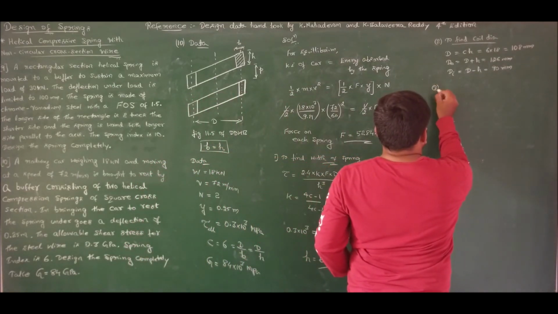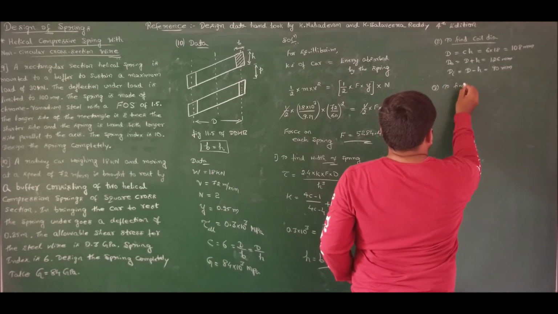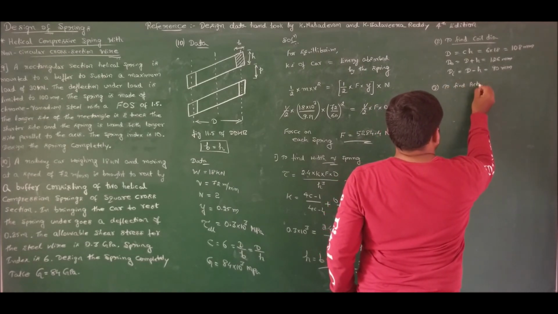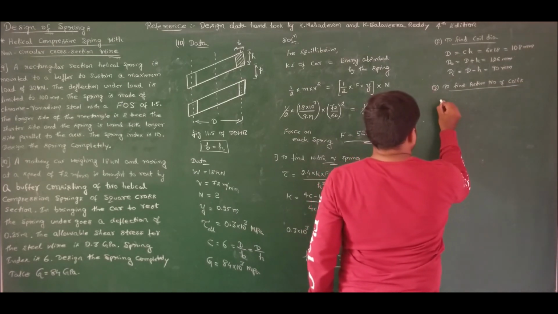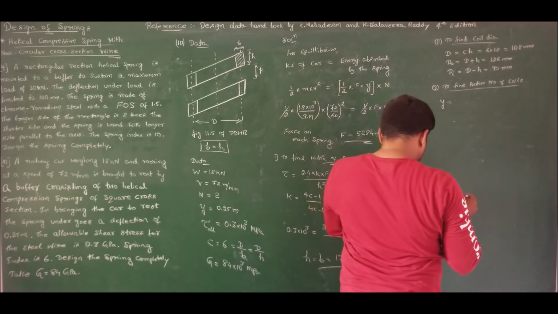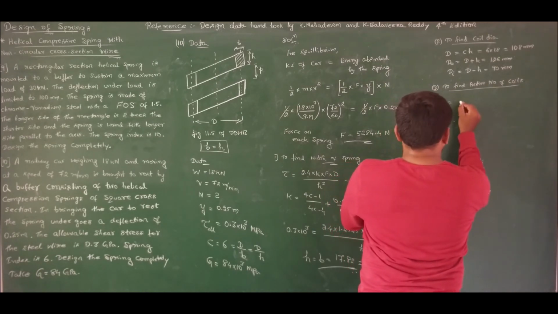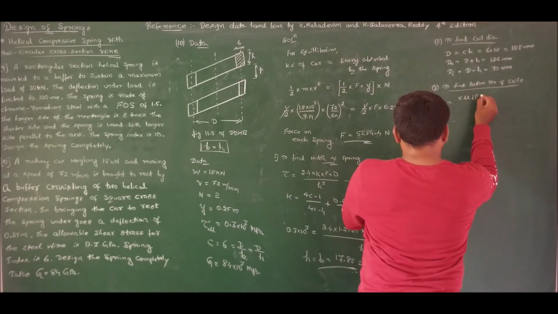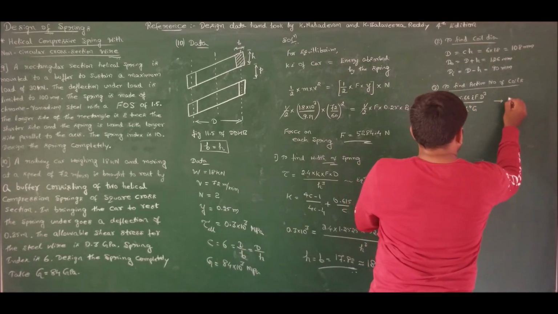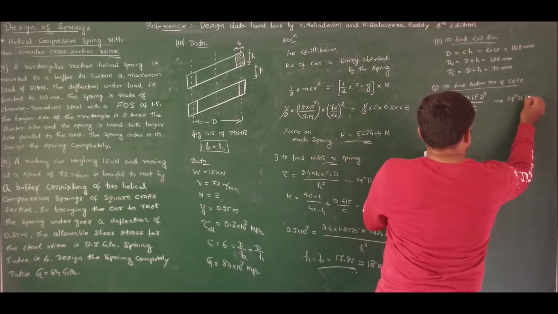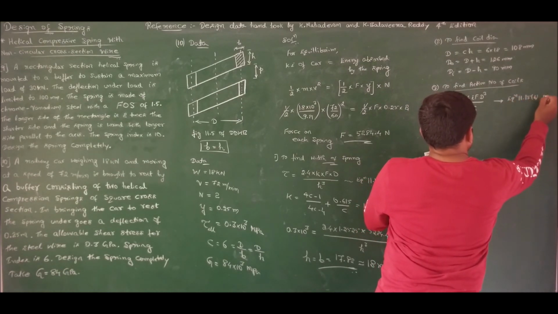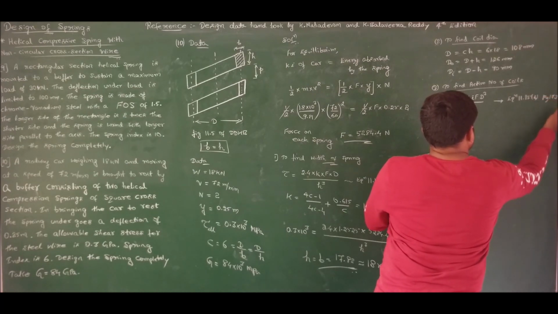Next, moving for step 3, to find active number of coils. To find active number of coils, I should use deflection equation. For square cross section, you should refer equation 11.15b. That is, y is equal to 5.66 I F D Q by H to the power of 4 into G. So this is equation 11.15b of page number 173.